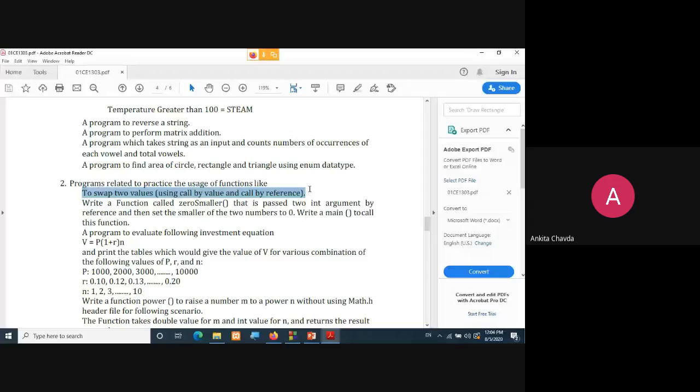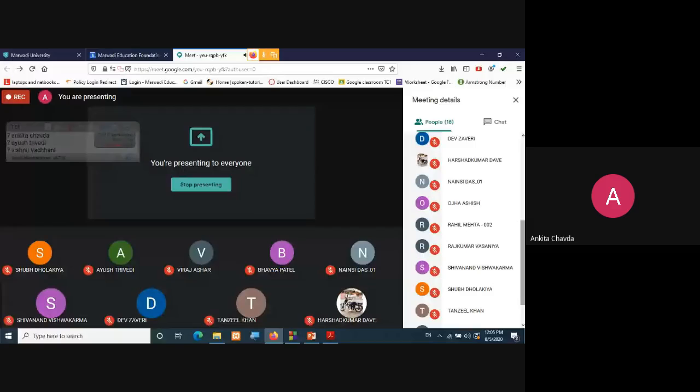One with call by value and the other with call by reference. So you will take two different functions and do the same task. I hope the definition is clear to you. If anyone has any doubt in the definition, let me know. Otherwise, start doing your work.